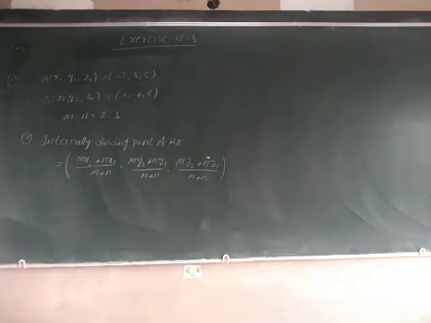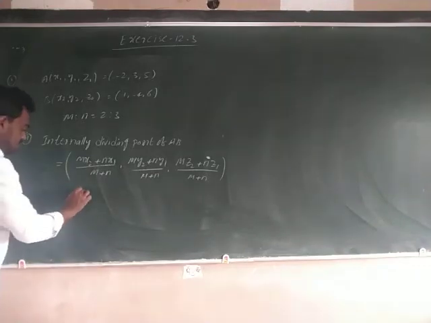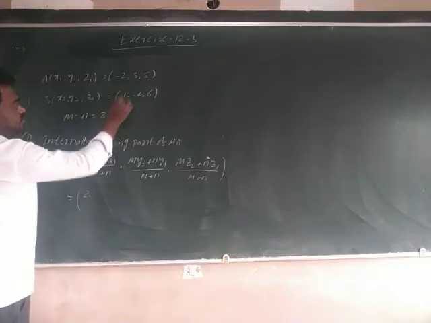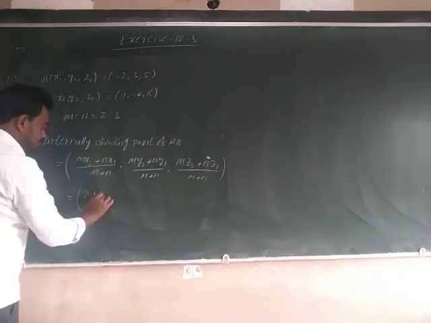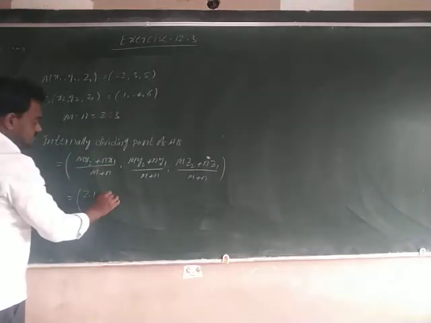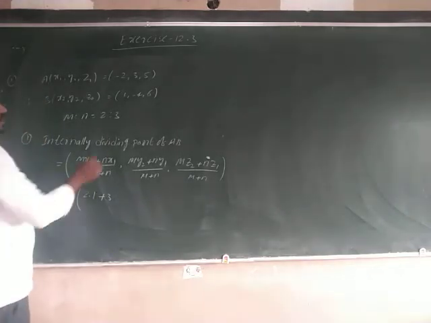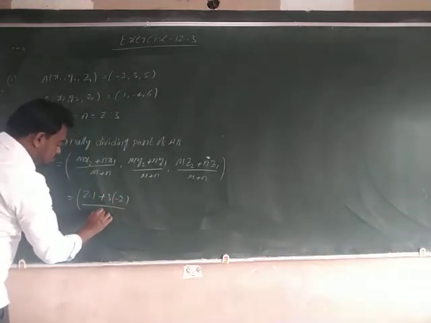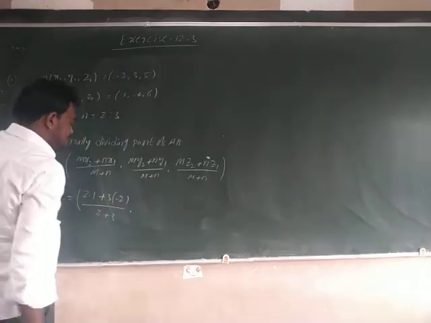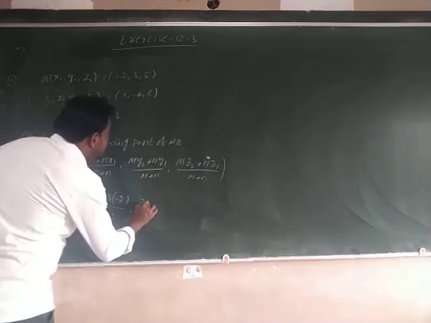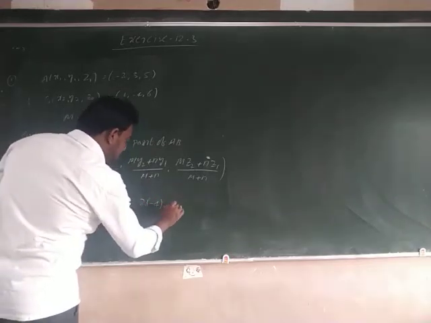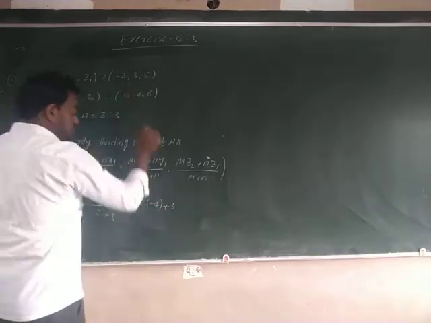Right? So just substitute all the values now. m is 2 into x2 which is 1, plus n is 3 into x1 which is -2, by m + n, 2 + 3, comma, m y2: 2 into y2 which is -4, plus n, 3 into y1 which is 3,